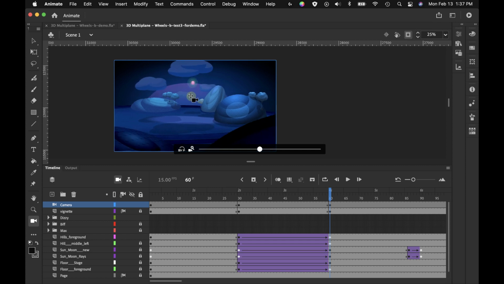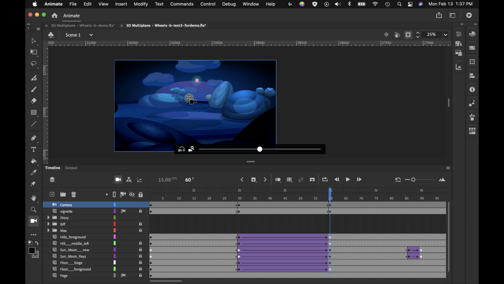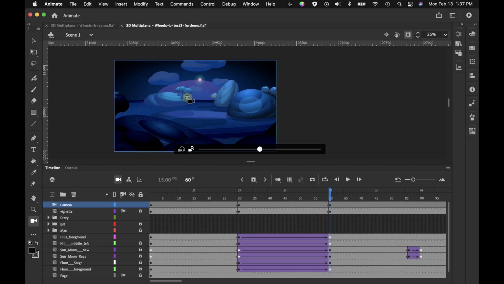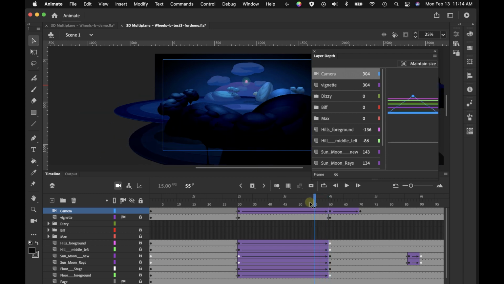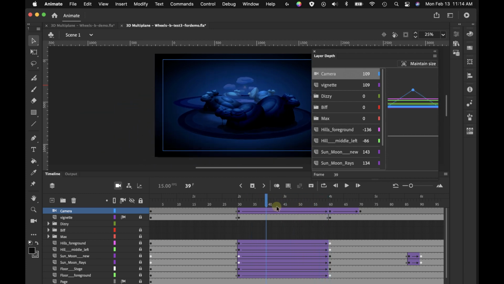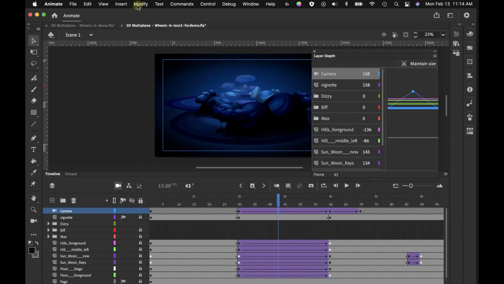So with this tool here, you can only move up and down and back and forth. If you want to move in and out, you need to use the layer depth panel. In order to simulate a camera truck in, I simply put a